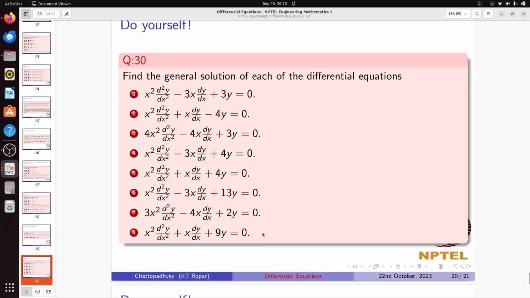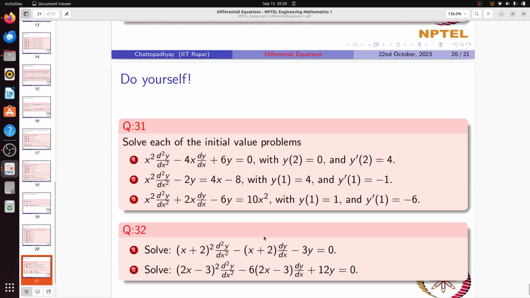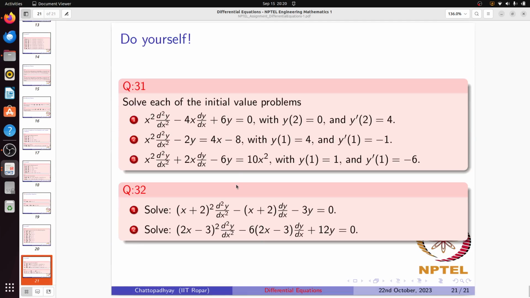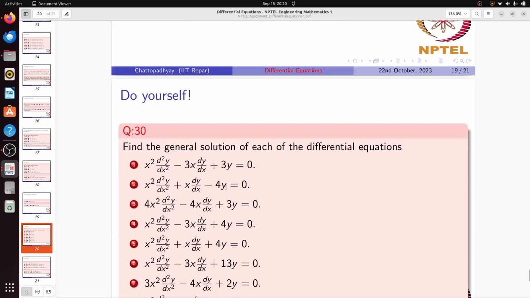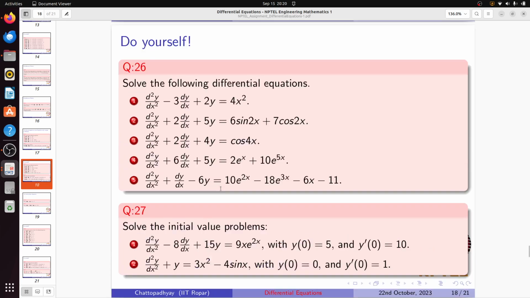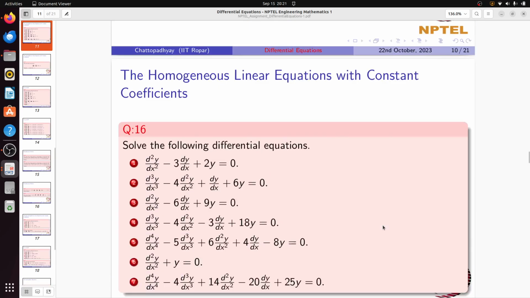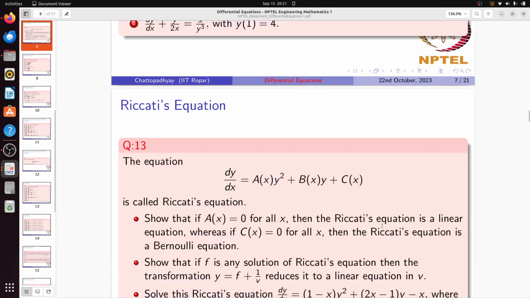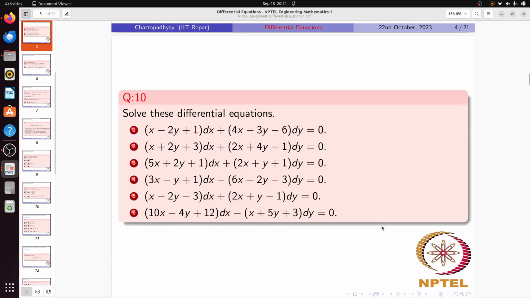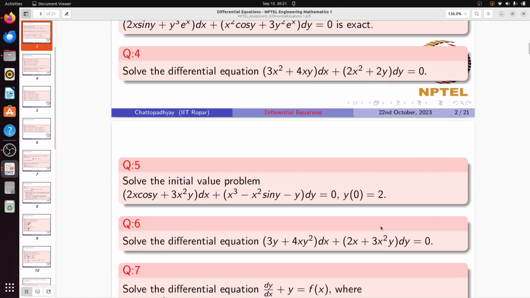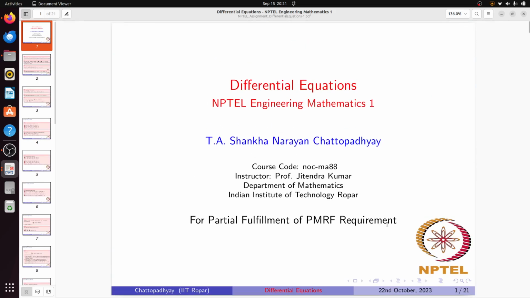Yes, thank you. So these are the slides. I will upload them. Then there are some initial value problems on assignments, and then you can actually solve them on your own. So these are some assignments I will put in my domain. I have also given this in the last year engineering mathematics course. So I will upload these assignments. So till now we have discussed differential equations.